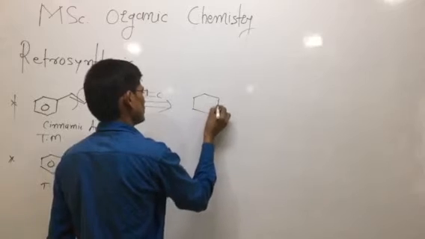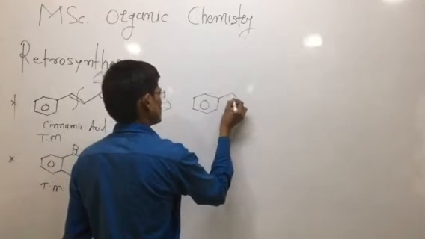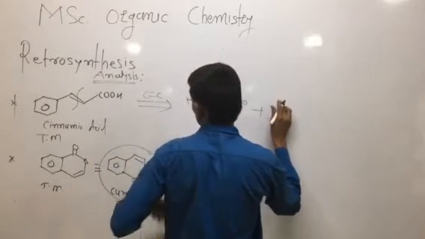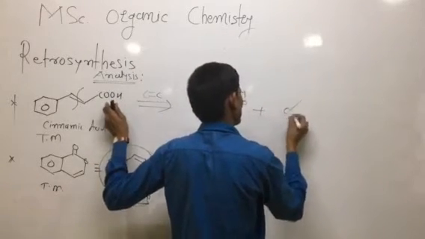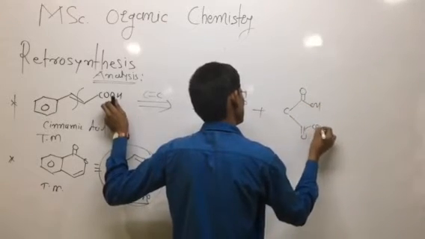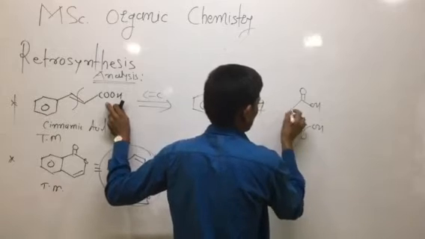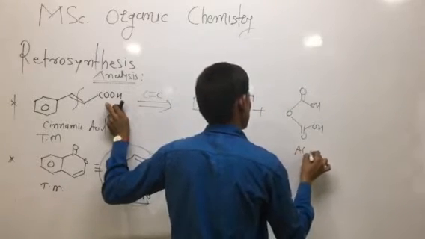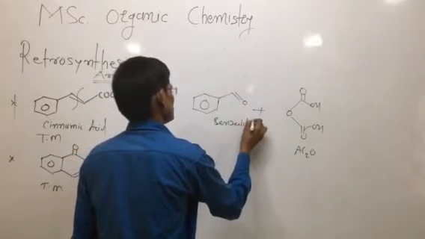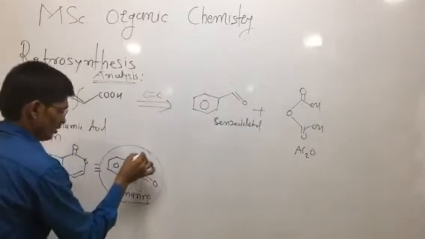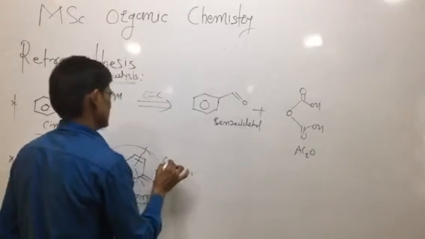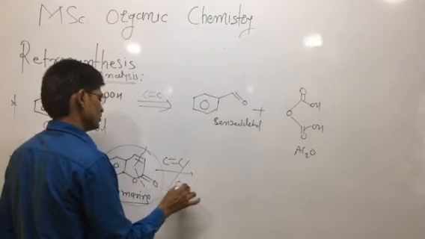The given compound contains this alpha beta unsaturated acid. What is the synthetic equivalent of such an acid? You can take C double bond, COOH. This can be malonic acid, or the best way is acetic anhydride, Ac2O. These are the synthetic equivalents, and these are the benzaldehyde. Again, we can break this C-C bond and the C-O bond, so at a time the C-C as well as the C-O bond is disconnected.